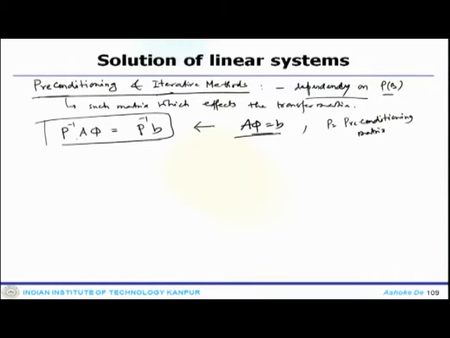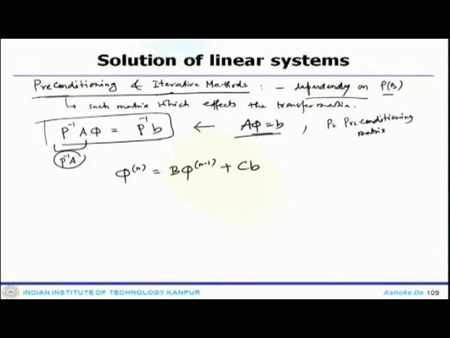Now this will have the same solution as A phi equals B, but the spectral properties of this iterative matrix, that is P inverse A, are different. In defining the preconditioner P, the difficulty is to find an approximate A inverse, but it is easy to find P inverse at a reasonable cost. So we will write the equation. This equation will start with our iterative equation phi n equals B phi n minus 1 plus C B. That is our starting point of the iterative equation.